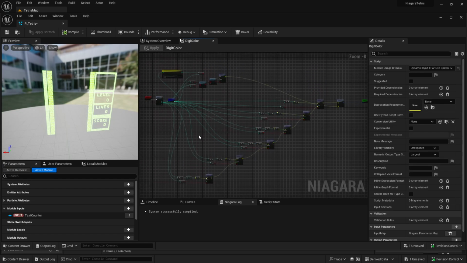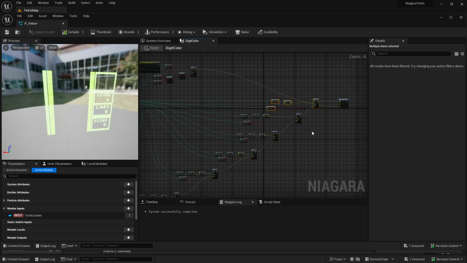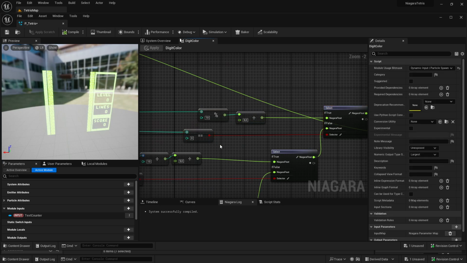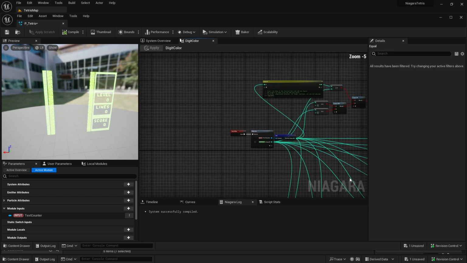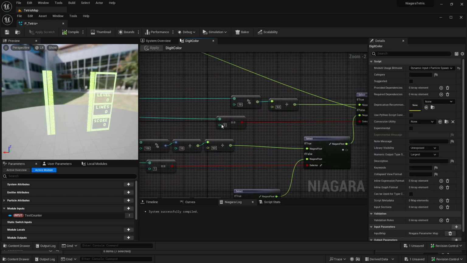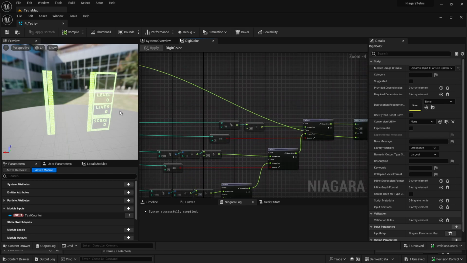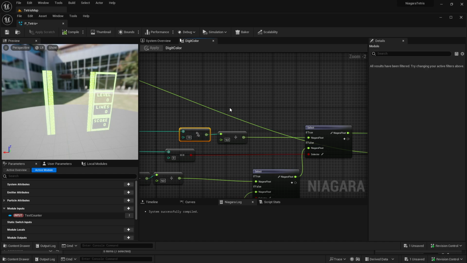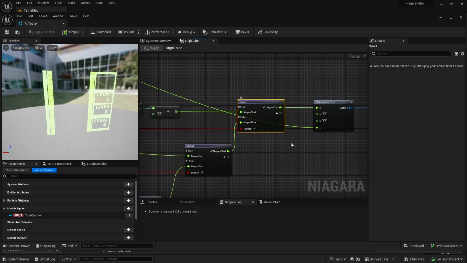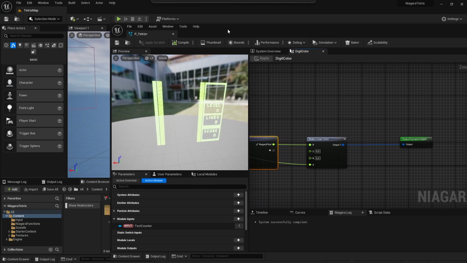So it's setting the color based on the digit value. So here it's checking each position. So this is the first position. So that's particle index 0 and then particle index 1. So it's checking. So this is an 8. So this is an 8 coming through here and it's dividing the 8 by 9 and packing it in as a float in the particle color